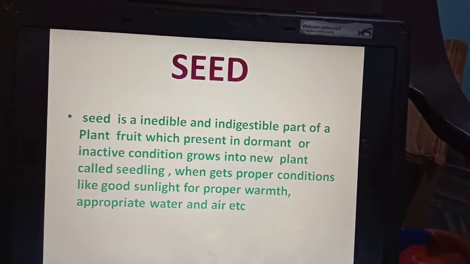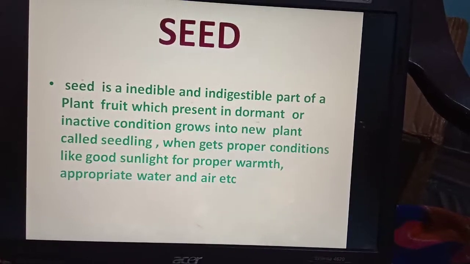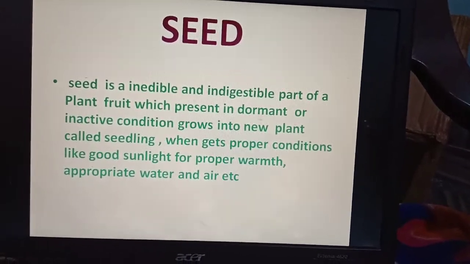A seed is an inedible, indigestible part of a plant fruit which is present in dormant or inactive condition.